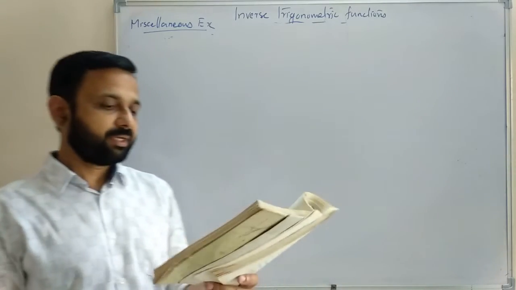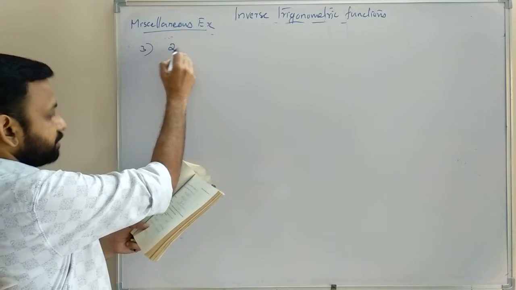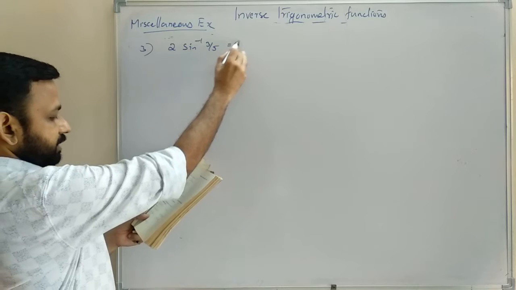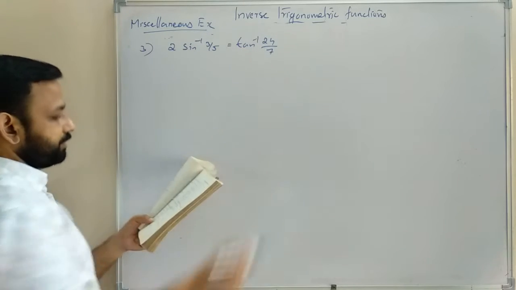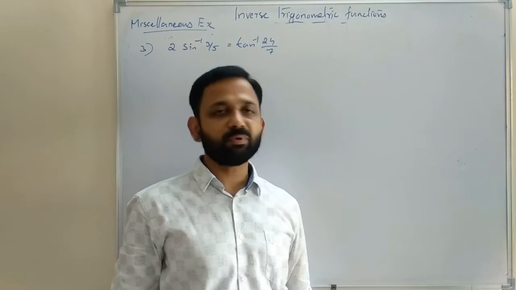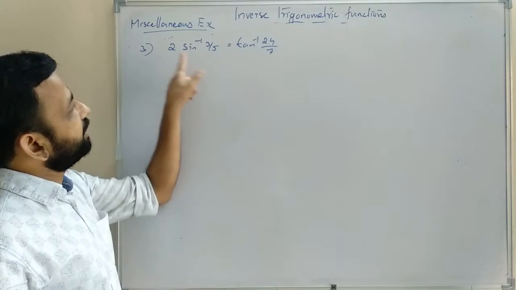Third one, prove that 2 sin inverse 3 upon 5 is equal to tan inverse 24 upon 7. 2 sin inverse 3 upon 5 equal to tan inverse 24 upon 7. That is our question. Here we have